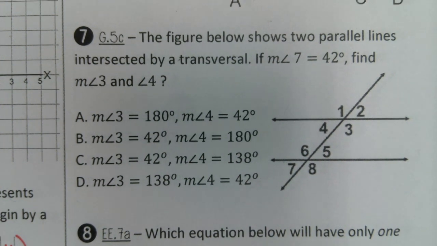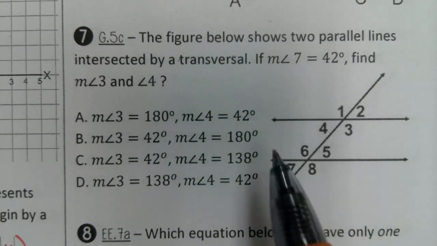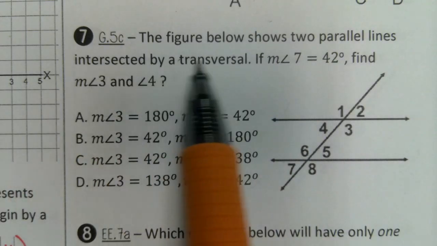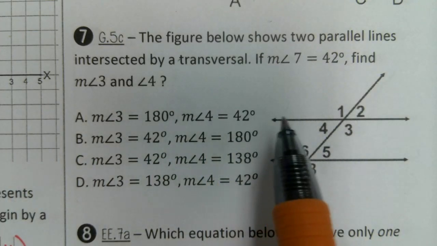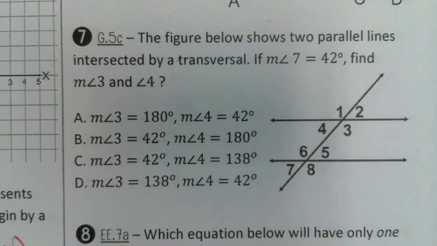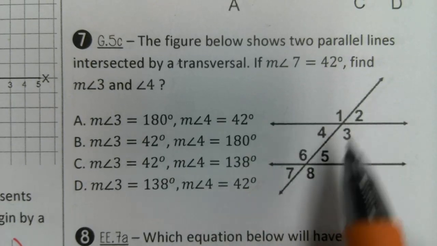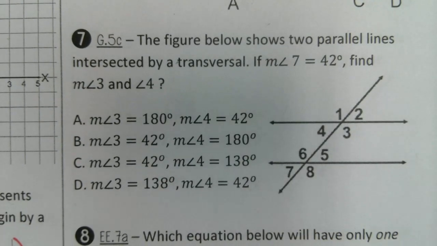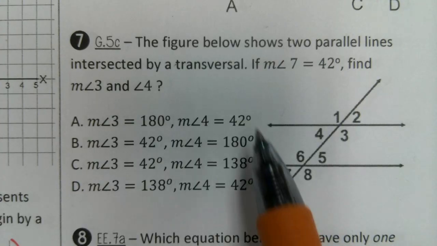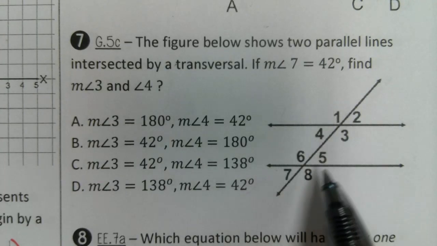So it tells us the figure below shows two parallel lines intersected by a transversal. Important that these two are parallel lines, that's a transversal, because that gives us some special properties within this figure. We should recognize a bunch of terminology within this, and it's been a while maybe since we've heard that, but